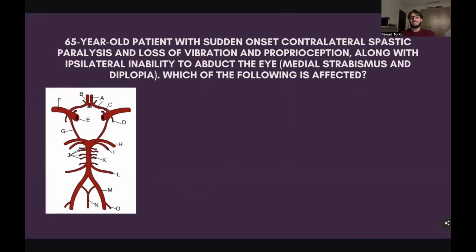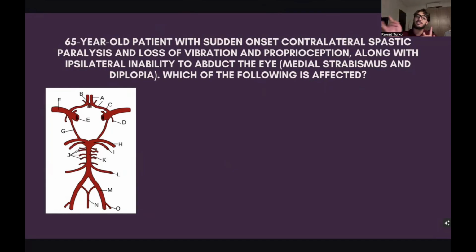All right. A 65-year-old patient with sudden onset contralateral spastic paralysis and loss of vibration and proprioception, along with ipsilateral inability to abduct the eye, so medial strabismus, and diplopia. Which of the following is affected? So contralateral spastic paralysis and loss of vibration and proprioception. So both the corticospinal tract and the medial lemniscus are affected. So we know that this is a midline structure, along with the ipsilateral